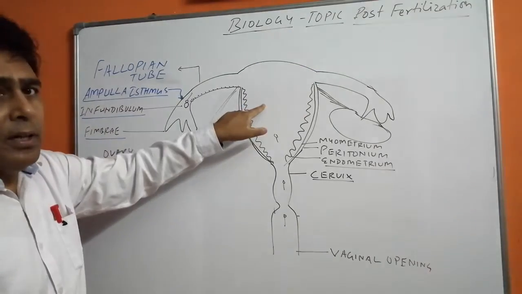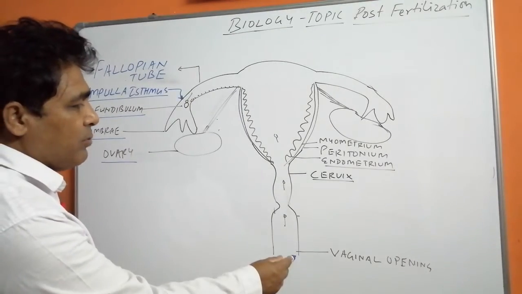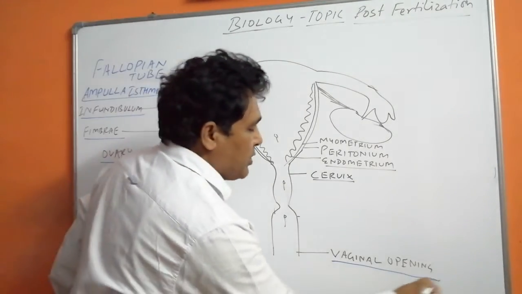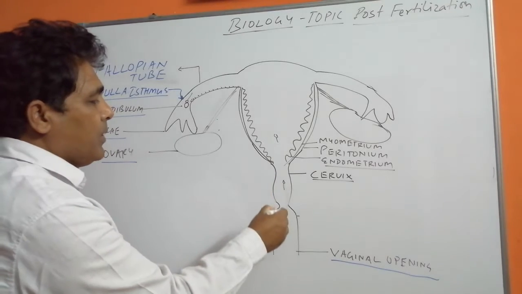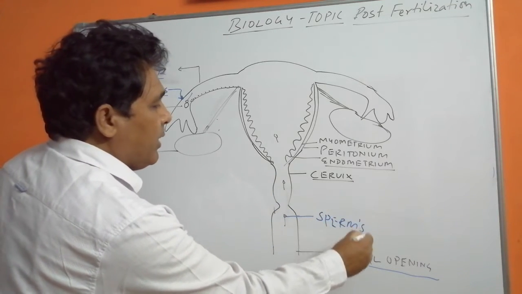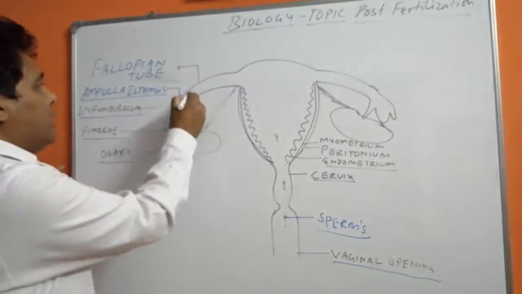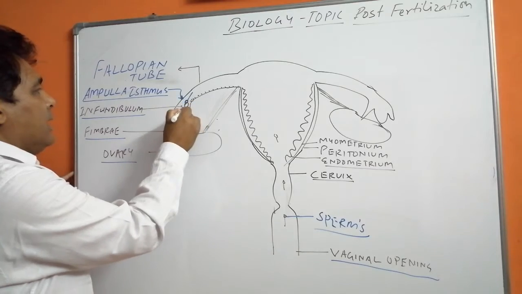I have drawn a figure here where you can see the female reproductive system. This is the vaginal orifice, or the opening which receives the sperms. Now, I have drawn sperms here. When the coitus has taken place, the sperms will move and they fertilize the egg